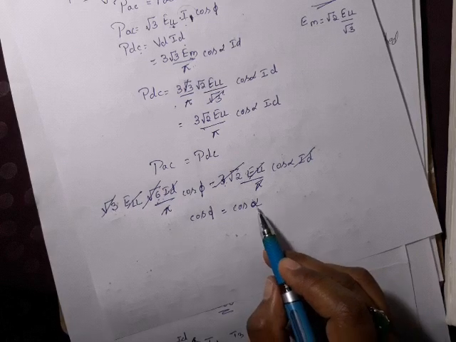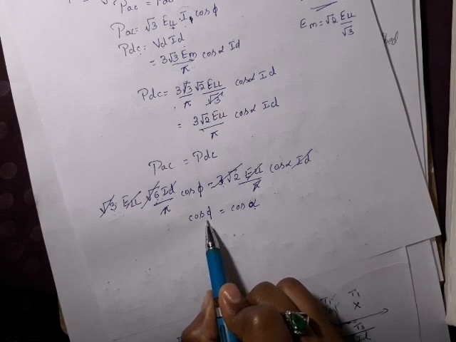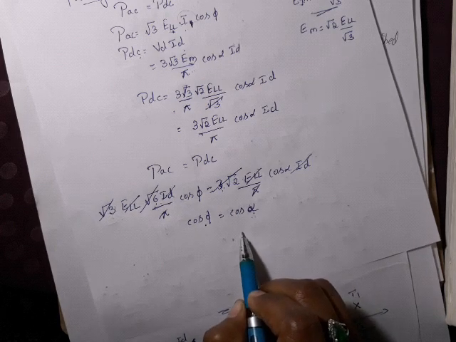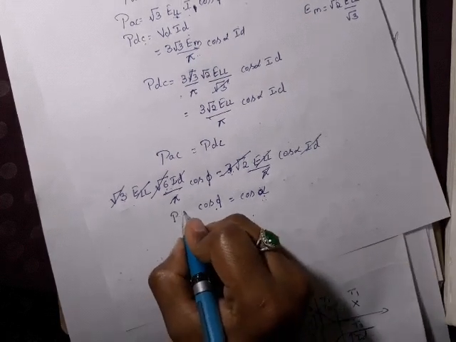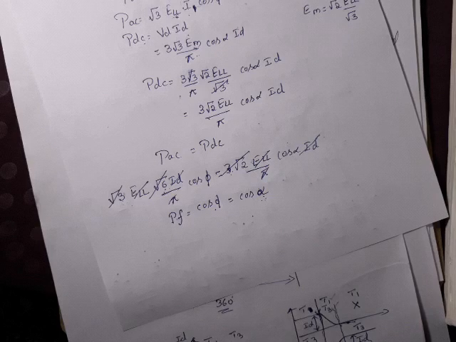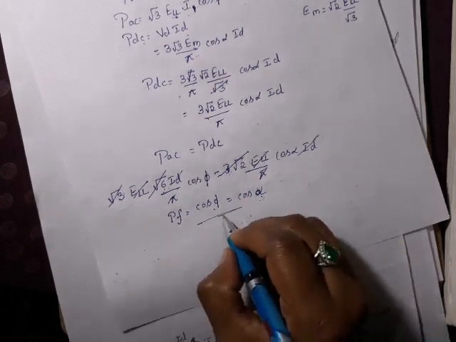This says that if we increase the value of alpha, immediately the value of phi also increases. If alpha increases, cos alpha decreases. If cos alpha decreases, cos phi also decreases. In turn, this cos phi is nothing but power factor. So the power factor of the circuit also decreases. So how much less alpha we can maintain, that increases the power factor of the circuit. If we increase the value of alpha, the power factor decreases. So this is the concept we need to study.